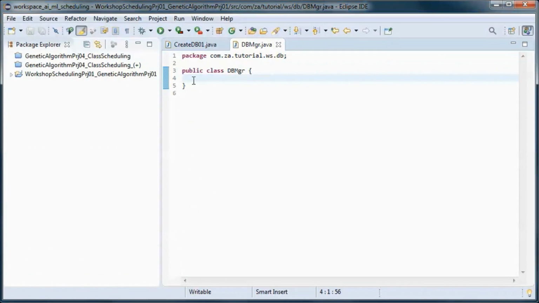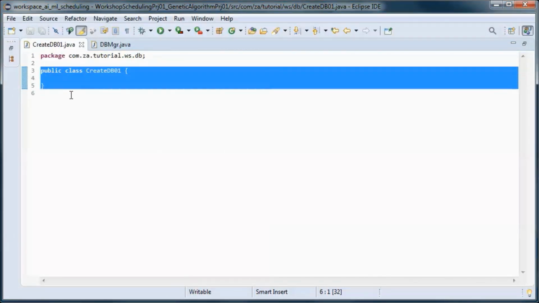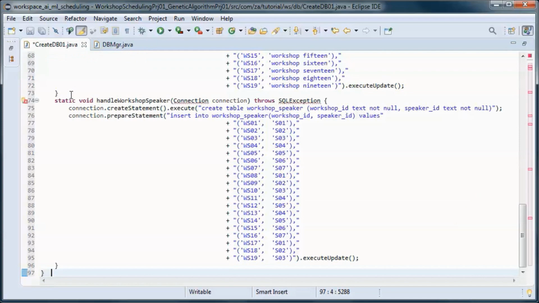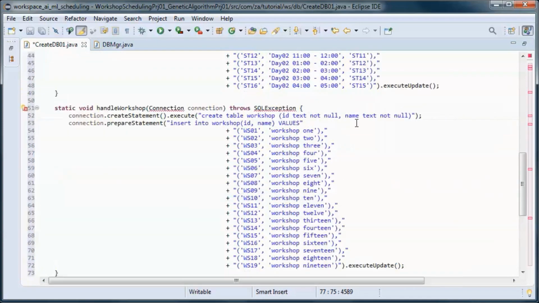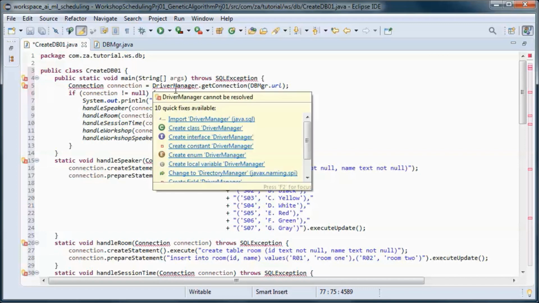And this will be the name of the database, and it will contain five different tables.